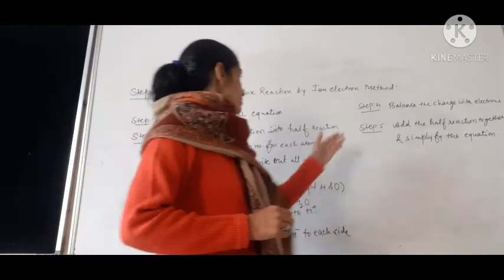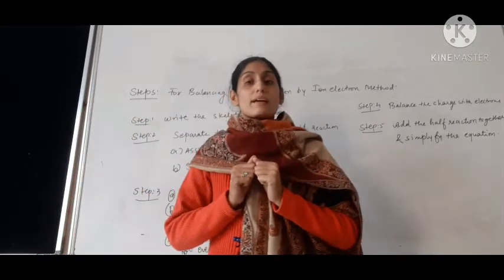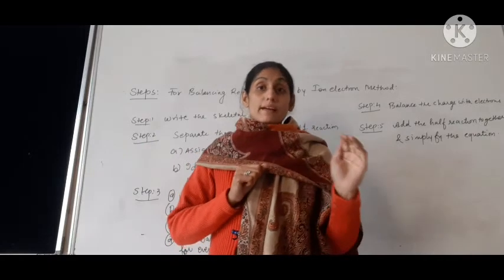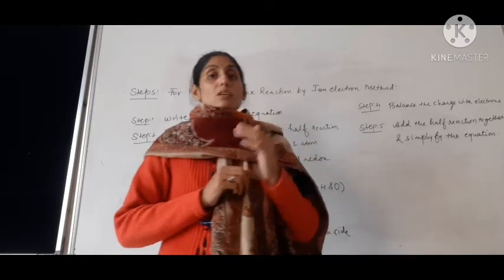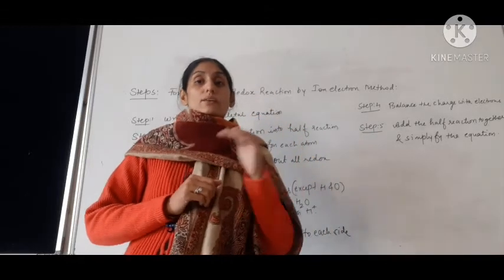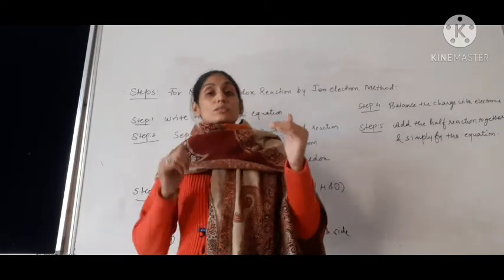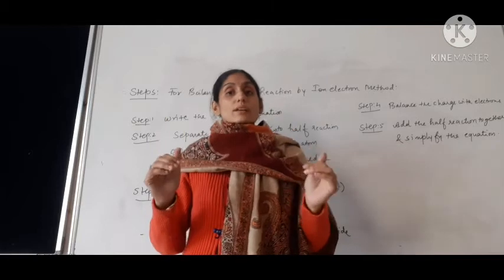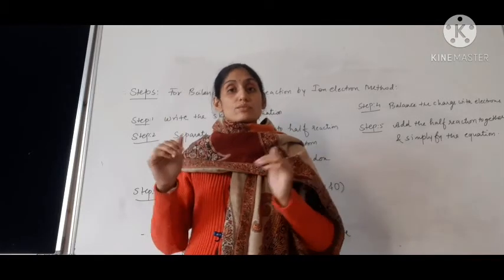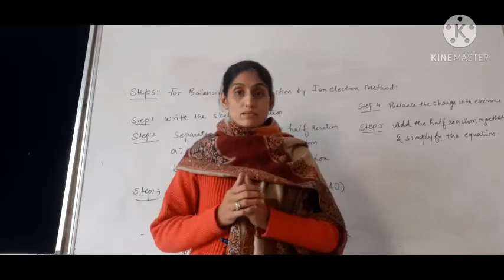Now step 4, we have to balance the net charge, the overall charge, by the number of electrons either gained or lost. ठीक है. If oxidation has 2 electrons and reduction has 5 electrons, then for the oxidation we multiply the whole equation by 5, and for the reduction we multiply the whole equation by 2. So 2 fives are 10 and 5 twos are 10. The 10 electrons are going to be cancelled out.